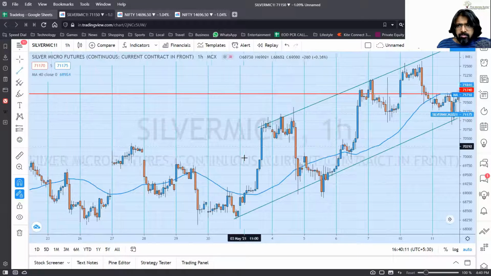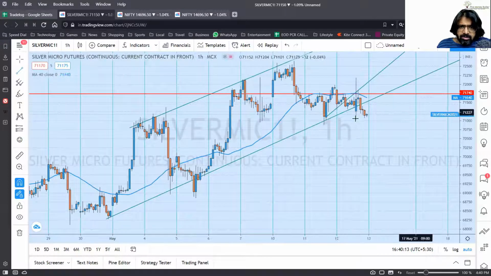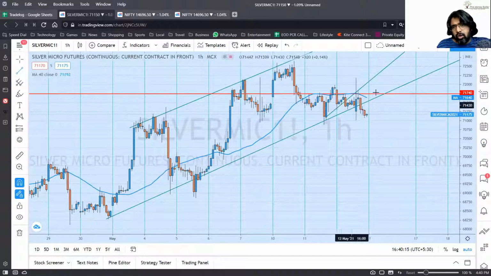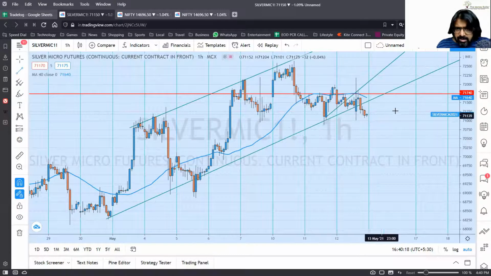But there was no joint breach as such out here. That's not a problem. But currently, what we are seeing is almost like a joint breach where this trend line has broken. The price has gone below the moving average and it's sustaining below the moving average since the last few hours. Now it appears that it will probably go lower. And the moving average also went flat, and now it's going towards the downside.